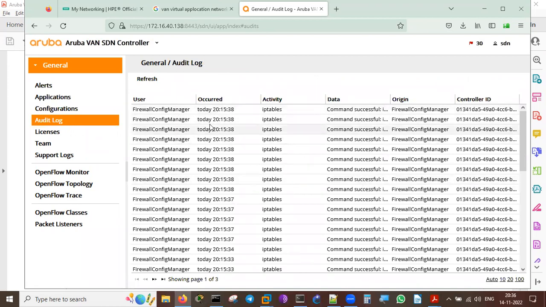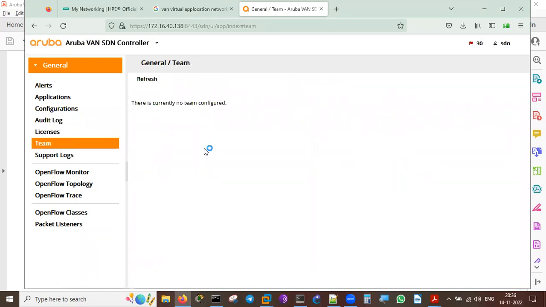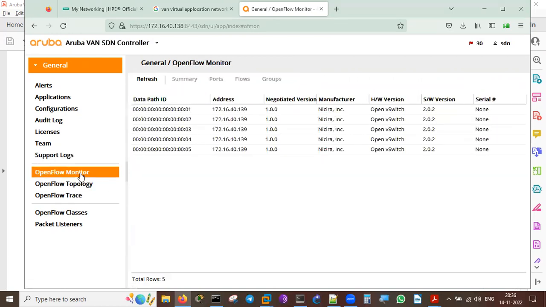Firewall control manager. These are all licensed anyway. We don't have a license, so we don't need to see this one. Teaming, no teaming is configured. Leave it out. Support logs, each and everything we will be getting there. If you'd like to open a case with Aruba, you may require these logs. OpenFlow monitor. Once you select this,